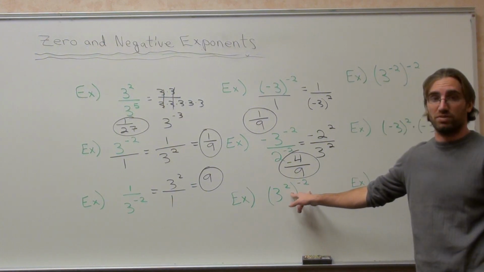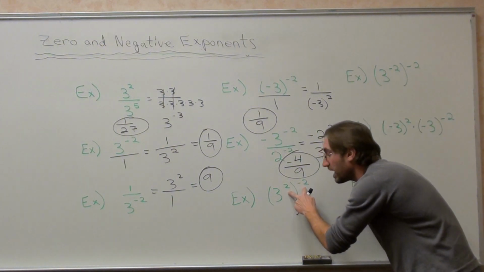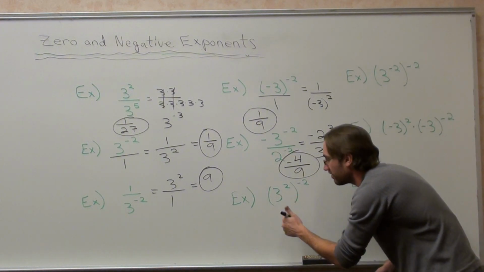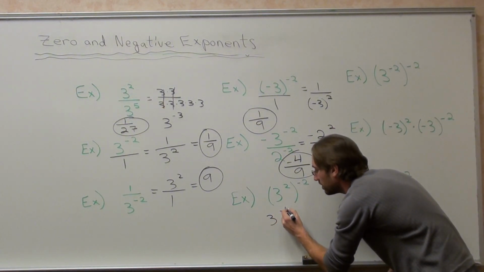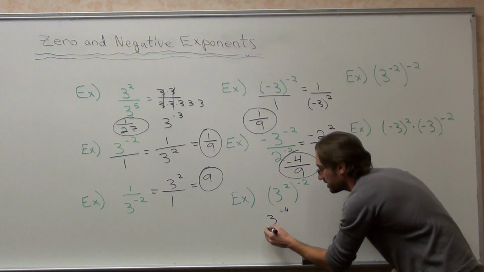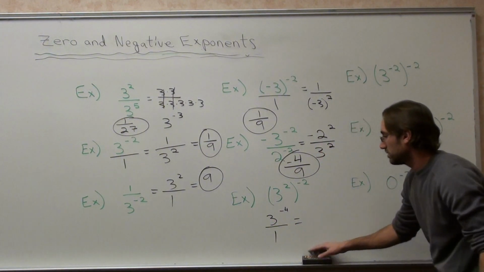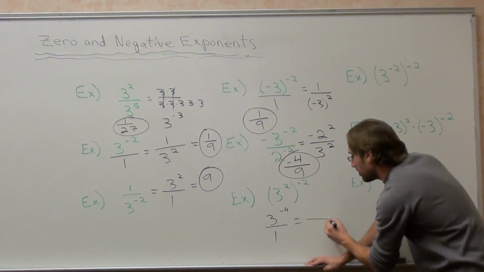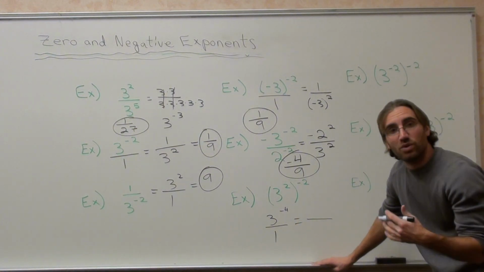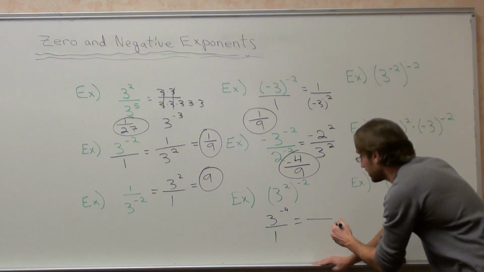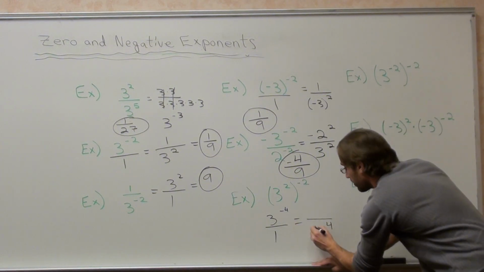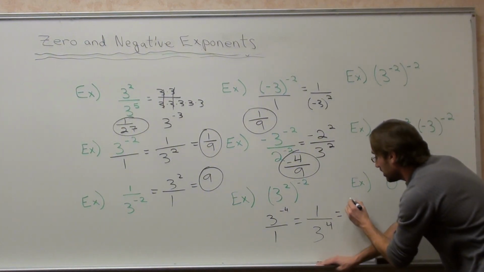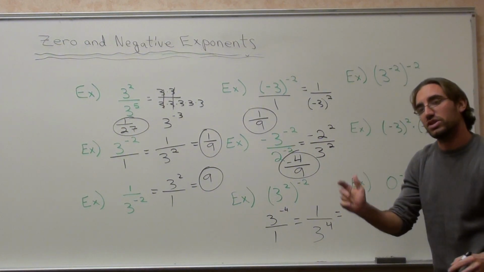This is a multiplication problem. It's 2 times negative 2. It's the same thing as power of a power. And that's negative 4, so it's 3 to the negative 4. You can put it in parentheses over 1. Because there's no negative, it doesn't really matter if it's in parentheses or not. It's equal to, now this negative 4 of an exponent's been bad, so we've got to move it downstairs. It's going to take the 3 with him. We've got no placeholder, so put a 1. It's 1 over 3 to the 4th, which is